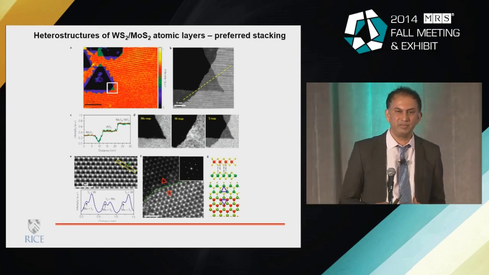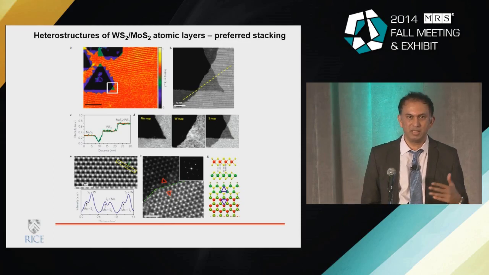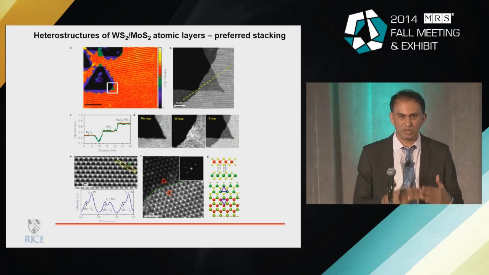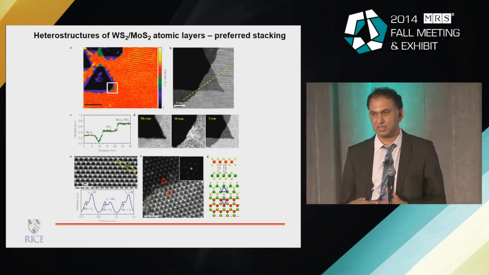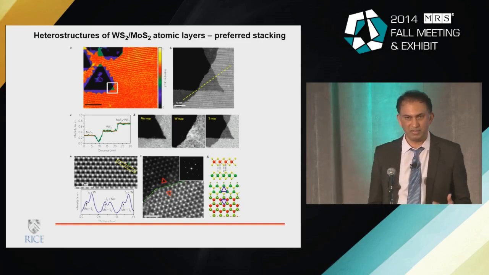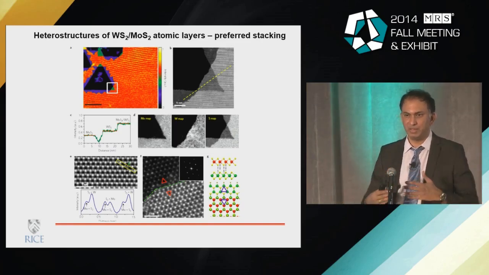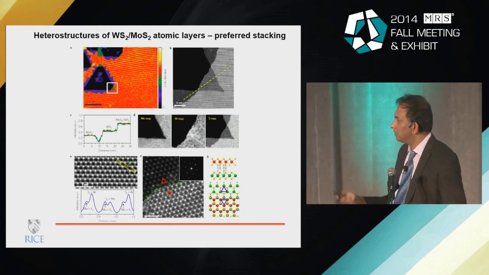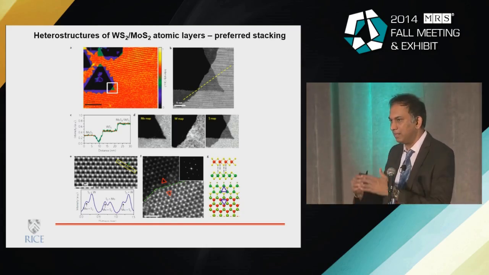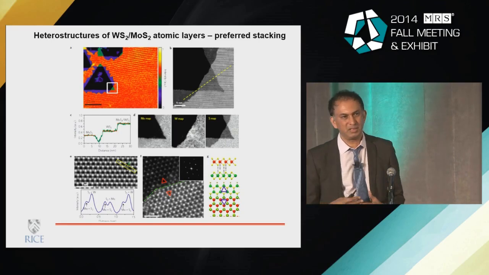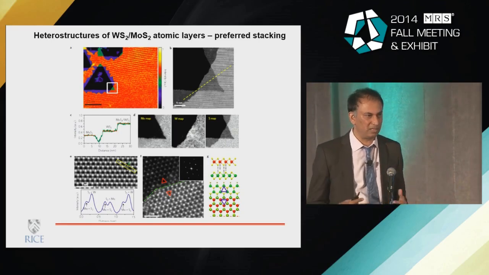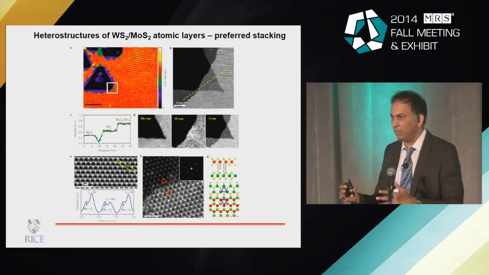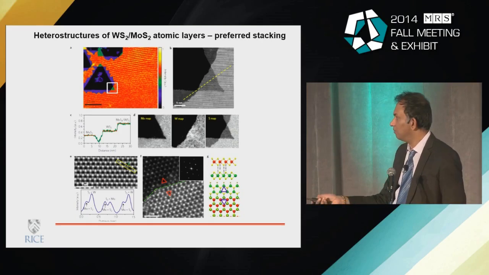The spectroscopy that we do on these materials shows clear differences between these as-grown stacks versus the transferred stacks, because obviously when you transfer, you cannot keep the orientation, and you cannot remove all the impurities that are there. So this whole idea of creating or building up three-dimensional structures from 2D building blocks is fascinating. We have a long way to go, but we are now learning how some of this engineering could be done one by one.